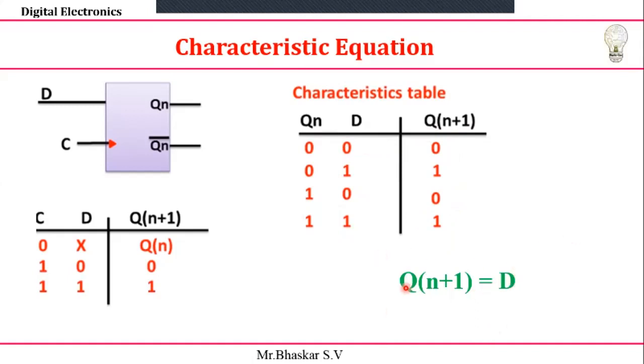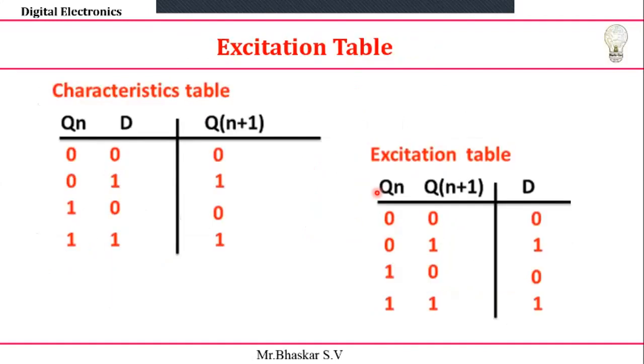So no changes, and this is the truth table, you can write it directly. Otherwise you can check: 0 0 is there, so I'll get 0; 0 1 is there, it follows 1; 1 0 is there, it follows 0; 1 1 is there, then yes, it is also 1. D and Qn plus 1 values are the same, so directly I can write Qn plus 1 is equal to D. And the characteristic table, you already know, follows the D value.